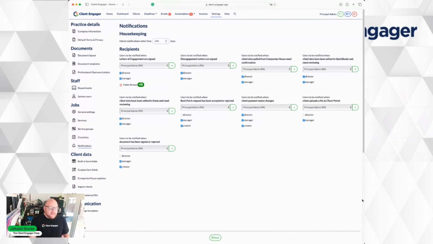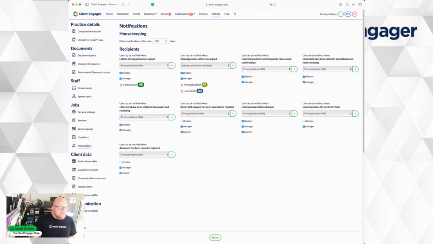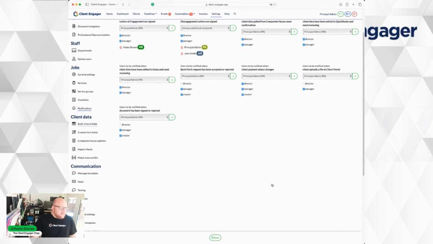Notifications. This is one that quite a lot of people miss, but if you want someone to be informed every time a notification happens for a reason, so for example, there's an admin that you want to be notified every time someone signs a disengagement letter, and that comes up on the notification bit, then you can add the admin there. So you can just go down, choose the person, and what we're saying here is the director, the manager, the principal admin, and John Smith will be notified every time a notification happens. Okay, then